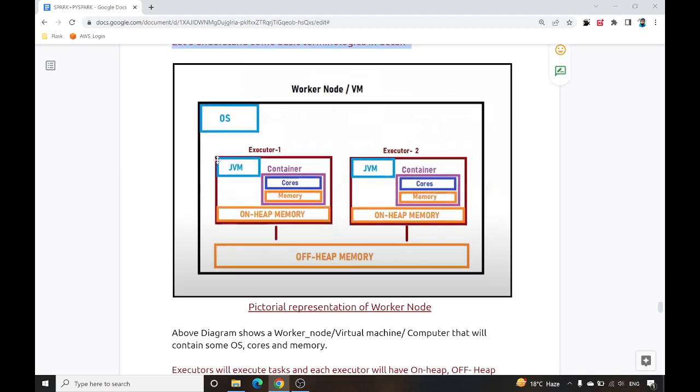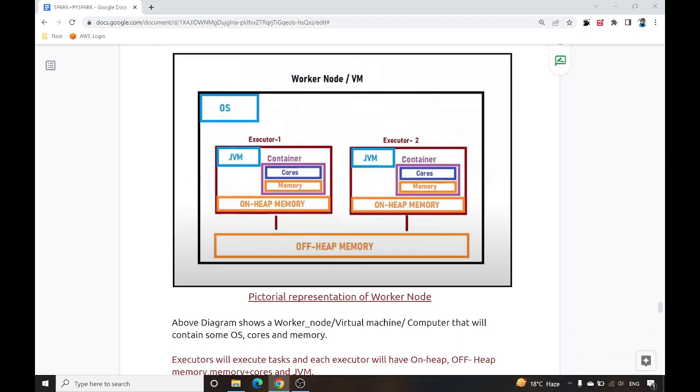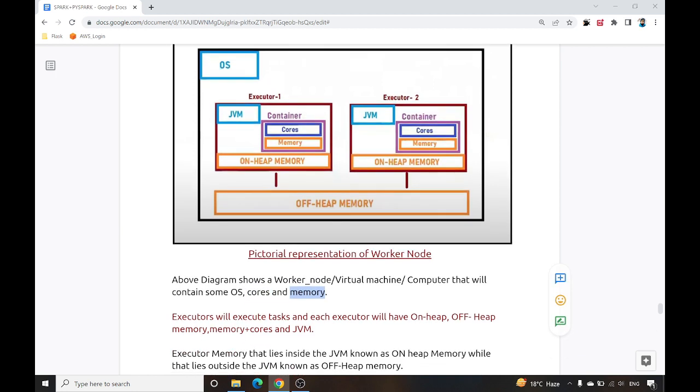So we have an operating system. In the above diagram, the worker node, virtual machine or computer, will contain some operating system, some cores and some memory. Executors will execute tasks, and each executor will have on-heap memory, off-heap memory, memory plus core, and a Java virtual machine.